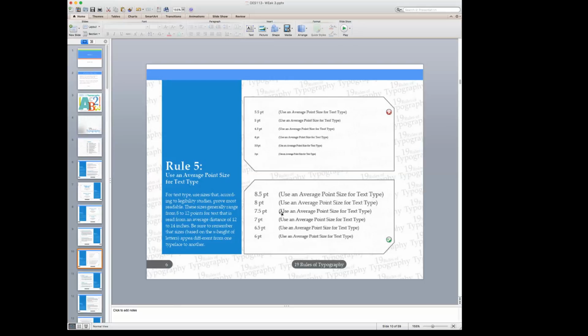So if you're reading a book or an article, you can get away with about 8-point font, maybe 9-point font. If you're going to put it on something like a poster, you probably want to up it to 12 points. If you're doing something that's going to be seen at a distance, you definitely want to up the font size. But for a book or a magazine, you'd be pretty good between the 8 and the 9-point font. So for your article text, you definitely want to try to use an 8 or 9 font.